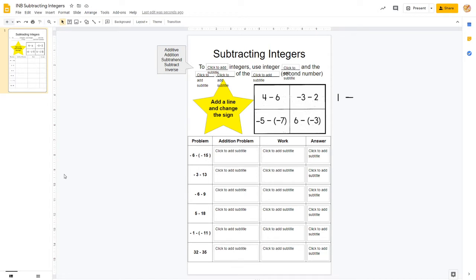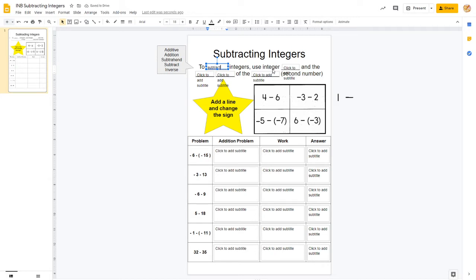This time we're going to be looking at subtracting integers in our interactive notebook. The first thing we're going to do is complete this sentence using these words to fill in the blank. So my sentence goes: to subtract